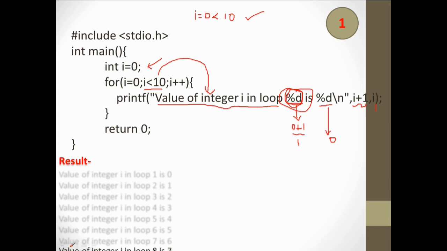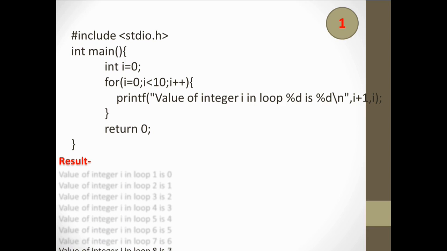So what exactly are you getting? The first output you get is value of integer I in loop 1 is 0, because the value of I plus 1 was 1 and the value of I was 0.